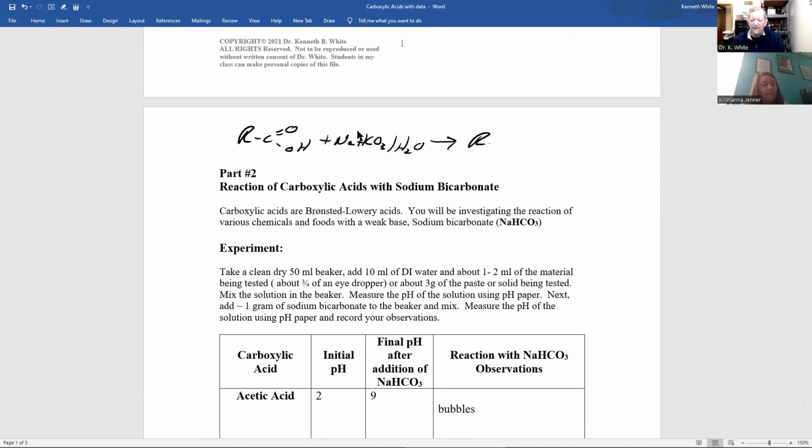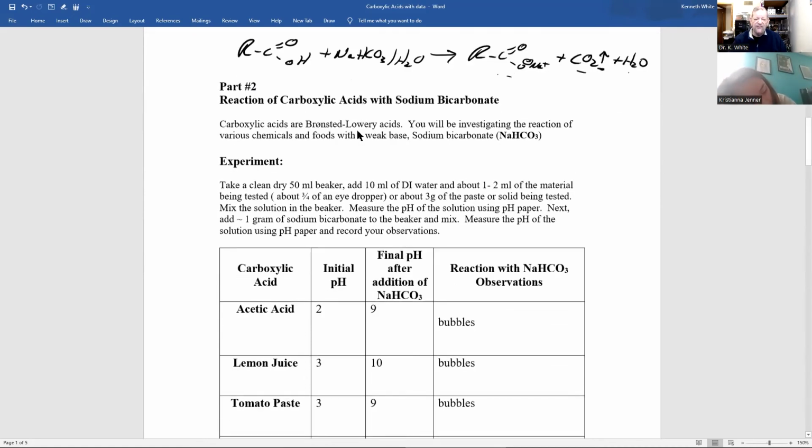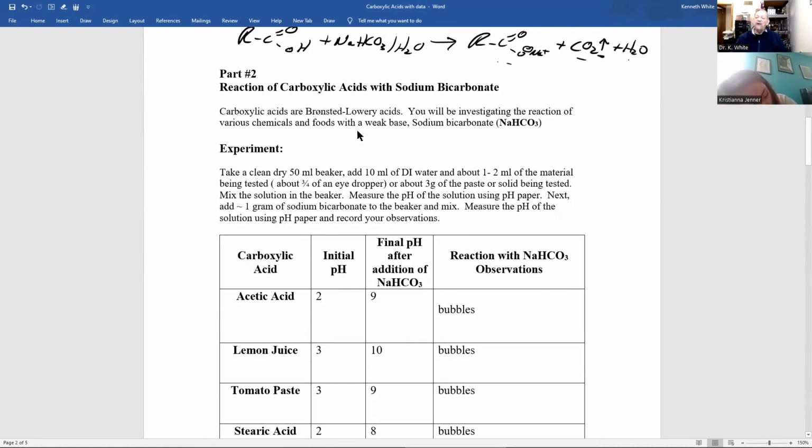And remember, the general reaction is CO2, carboxylate anion, CO2 given off as a gas, and water. Now, one of the things I have students do is measure with pH paper the initial pH and the final pH. And in case you forgot,